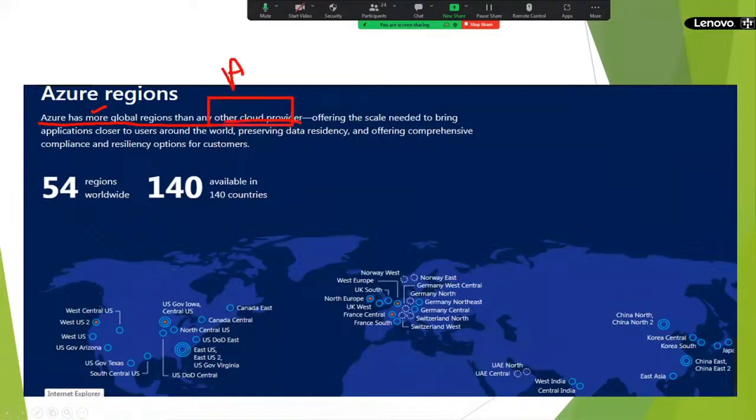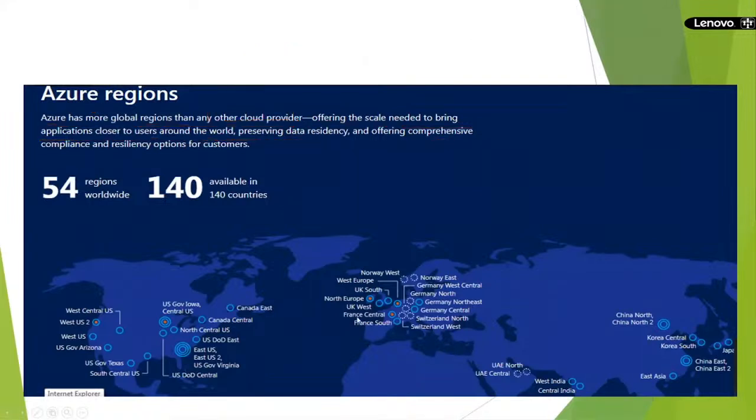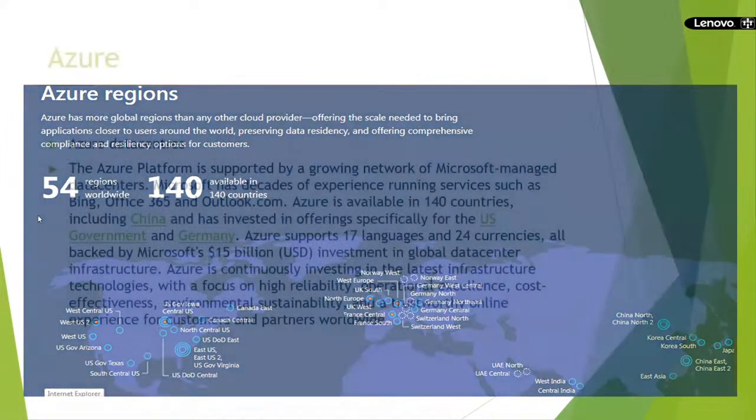Here the competitor is AWS. Azure offers scale and lets you bring your application closer to customers. If there are any issues, they can sort them out immediately, with low network latency. They provide good support if you are facing any issues. Because of that, Azure has a lot of demand in the market. Most clients are migrating from AWS to Azure as well.